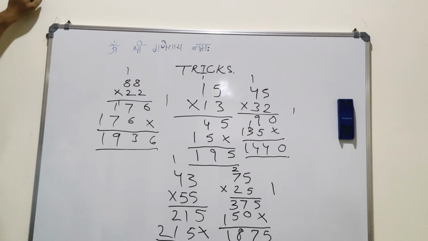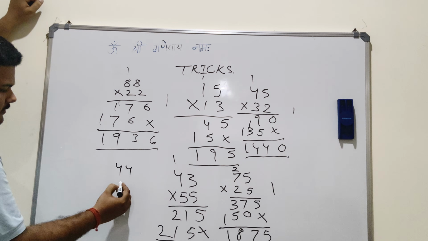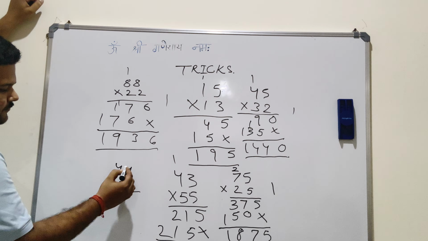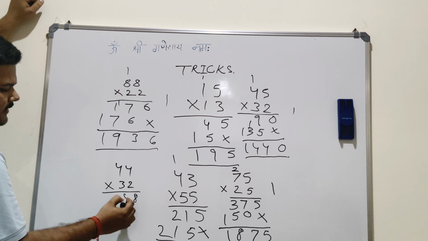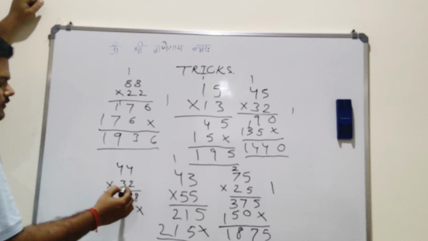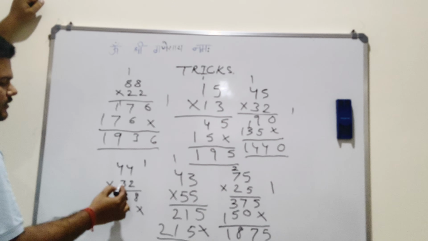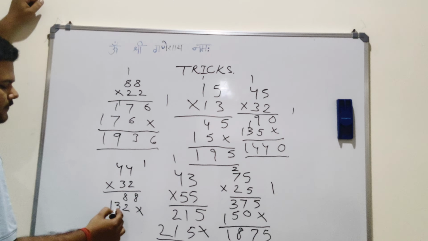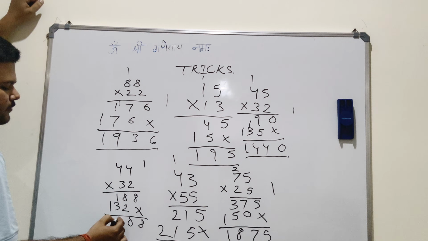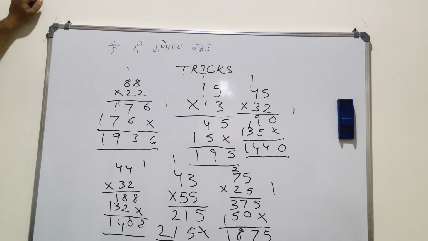Similarly, we take another example of multiplying 44 with 32. So what you need to do is draw a line here, put a multiplication sign here. 4 2s are 8. 4 2s are 8 as well. You need to put a multiplication sign here. 4 3s are 12. You need to write 2 here, 1 here. 4 3s are 12 again. 12 plus 1 would be 13. You need to put 8 here. 8 plus 2 is 10. 3 plus 1 would be 4, and 1 would be here. So your answer becomes 1408.